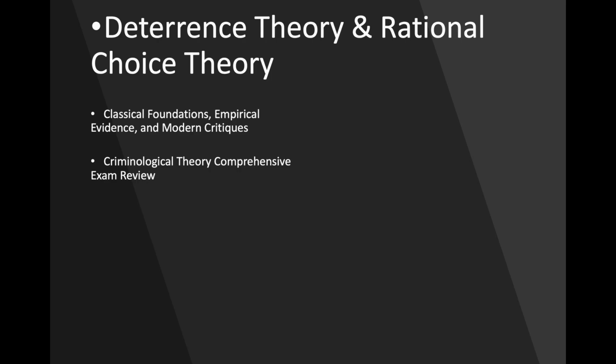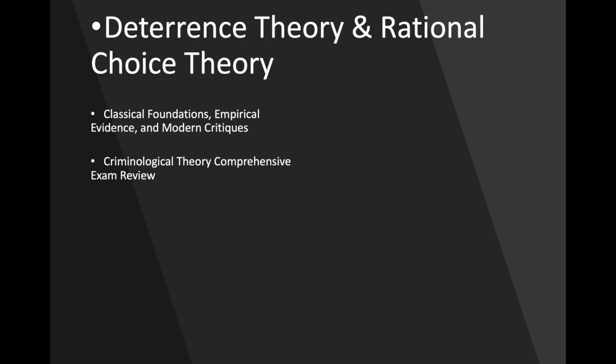So the central question for today is not simply, does punishment deter crime? The better question is, under what conditions does punishment deter crime? For whom? For what types of crime? And through what mechanisms? That is the level of thinking needed for a comprehensive exam answer. A strong answer should not simply say that deterrence theory argues punishment prevents crime. That's far too basic. A stronger answer would explain the assumptions, mechanisms, empirical evidence, criticisms, and policy implications of the theory. And this is what I'm going to try to explain in this lecture.